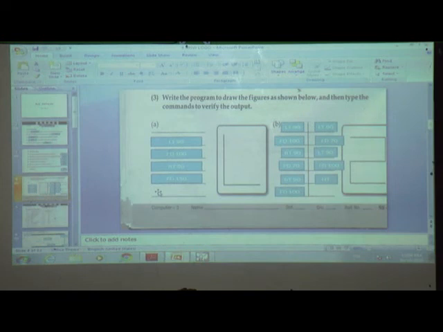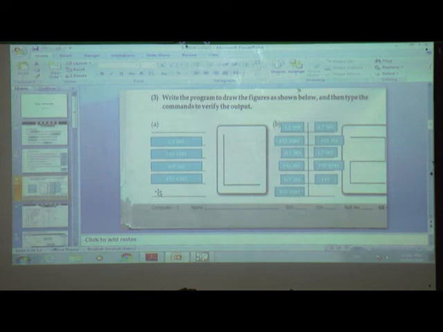First one, for this figure, what are the commands? LT 90, FD 100, RT 90, FD 150. For the second one, LT 90, FD 100, RT 90, FD 70, RT 90, FD 100, LT 90, FD 70, LT 90, FD 100, and last one, to hide the turtle, HT.